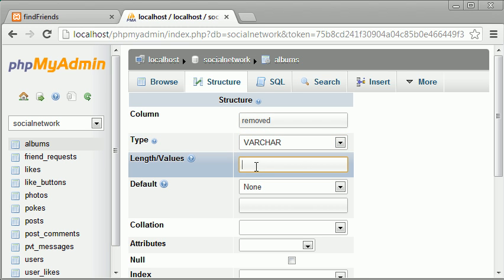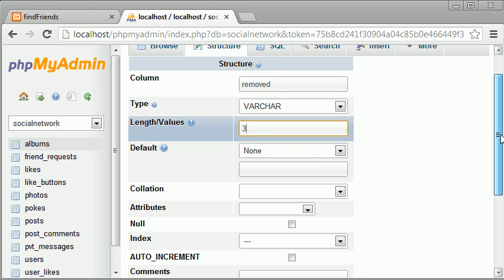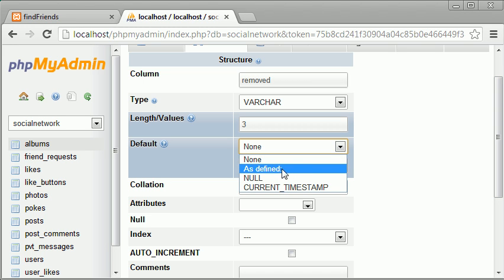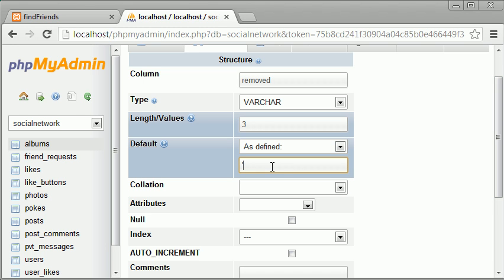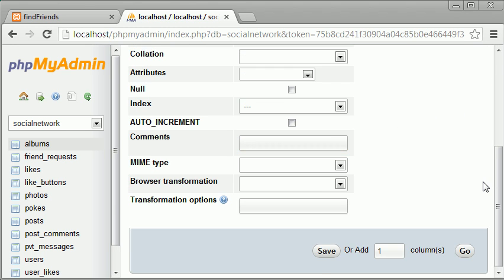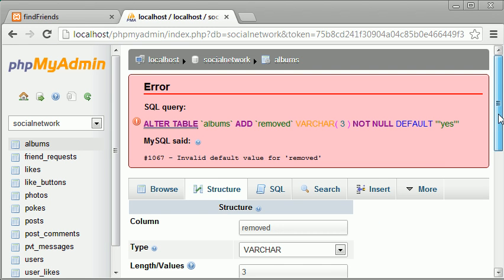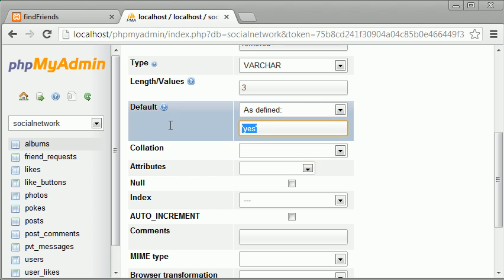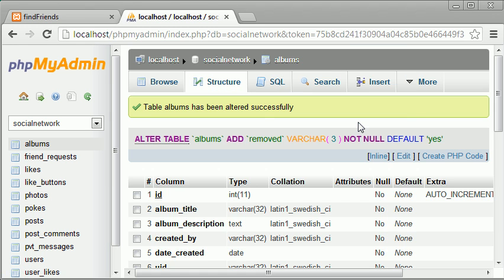Set it to a varchar of length 3 characters, and set the default to as defined, yes. And then just hit go or save. So we'll just set it to yes without the single quotes around it. And there we go. So now if we go to browse,